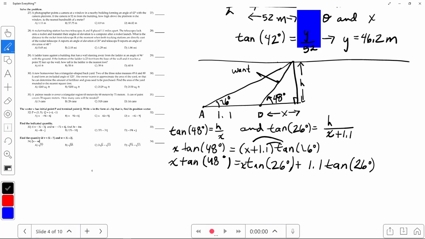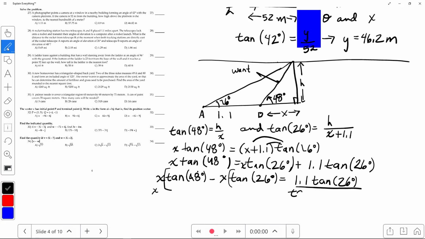And then I'd move all the X's to one side. So tangent 48 minus X tangent of 26 degrees equals this 1.1 tangent of 26 degrees. And then of course I would factor out an X, and then I would be left with the tangent parts only. And so I could divide that on both sides. So tangent of 48 degrees minus tangent of 26 degrees,